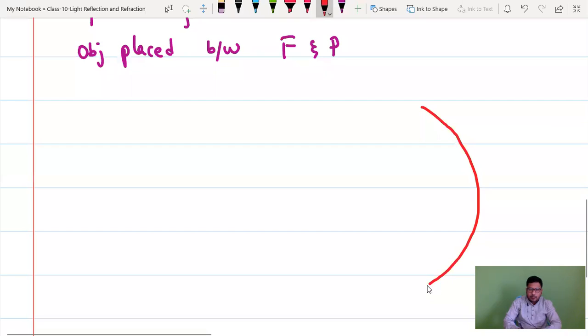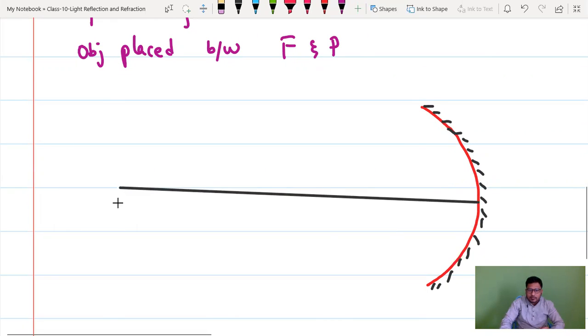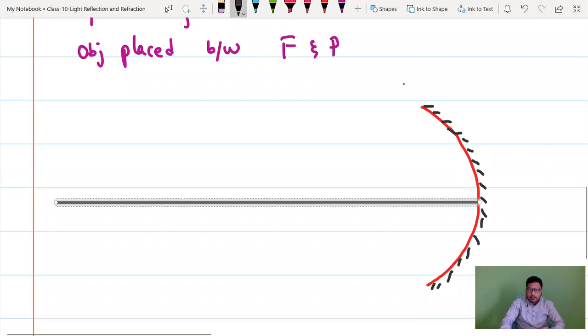So this is concave mirror. This is non-reflecting side. You can draw along with me. So after drawing this one, you have to go with principal axis. This is principal axis. And after drawing principal axis, please mention this. This is pole P. I'll do one thing, instead of drawing here,